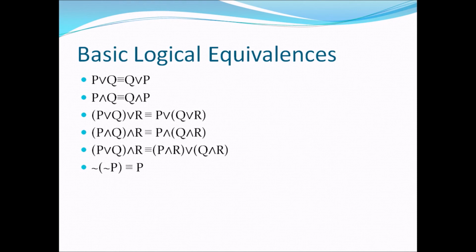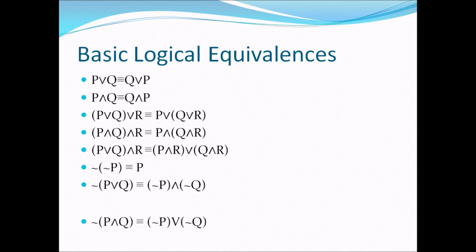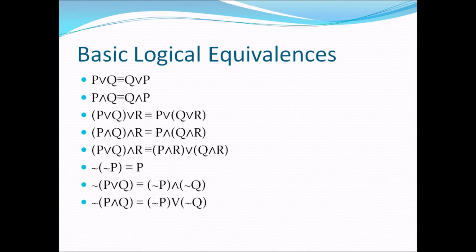And the last one's pretty obvious, but at the same time, you would have to prove that this holds, that not P is equivalent to P. Oh, I think there's one or two more. Not P or Q is equivalent to not P and not Q. And then not P and Q is equivalent to not P or not Q. And that is the end of this